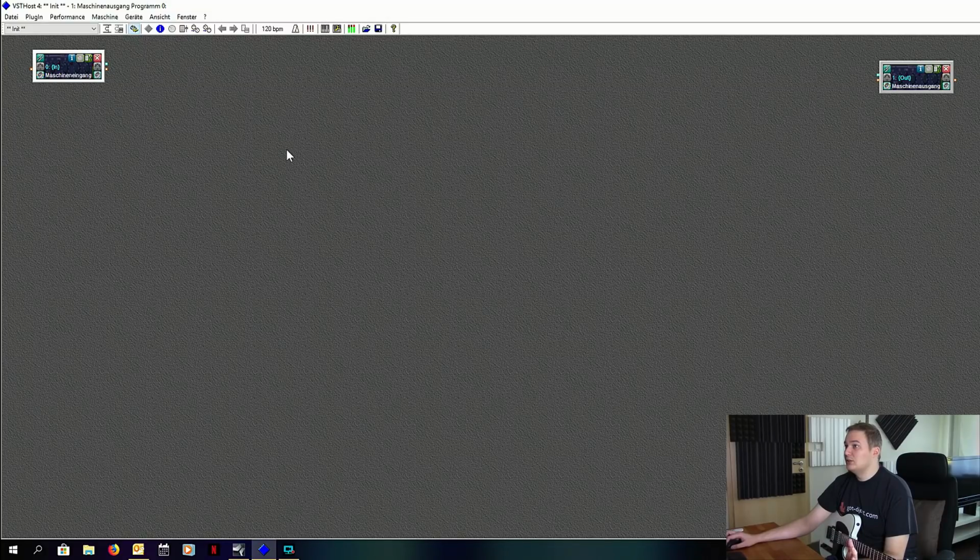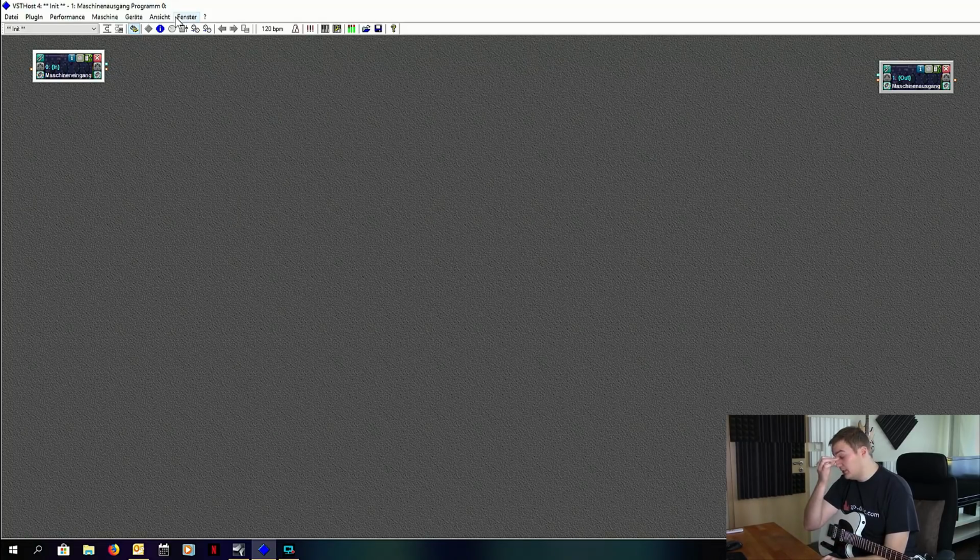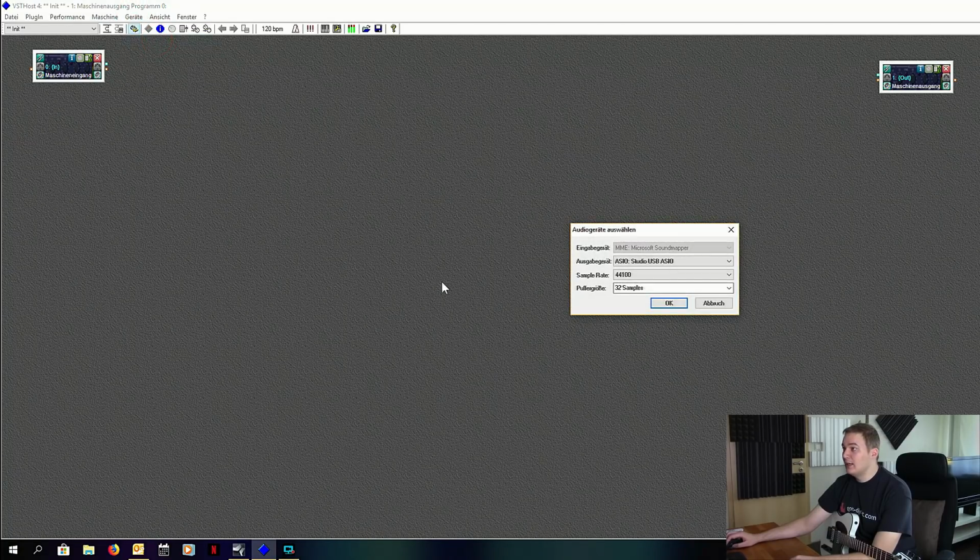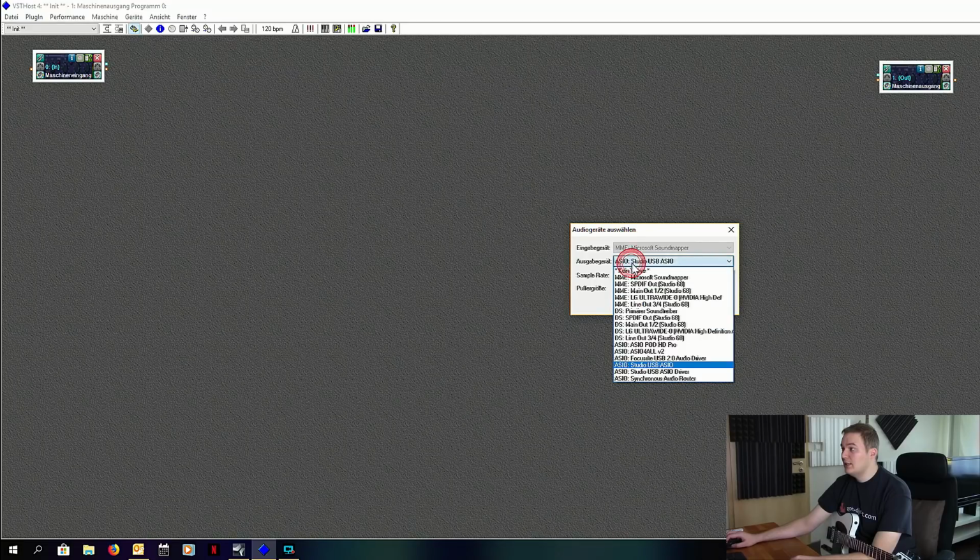And this is what it looks like when you open it up. Now, for whatever reason, it's in German for me, and I haven't quite figured out yet how to switch it to English, but it's not really a big deal. When you first start it up, nothing is set up. You need to set up your audio interface in here. So you go to devices and you go to wave. And then here on the output, you pick your ASIO driver